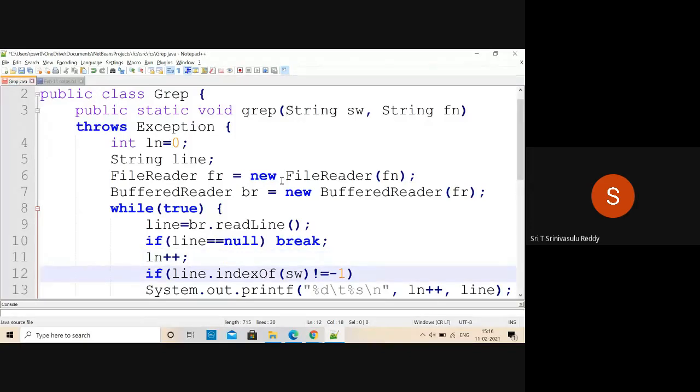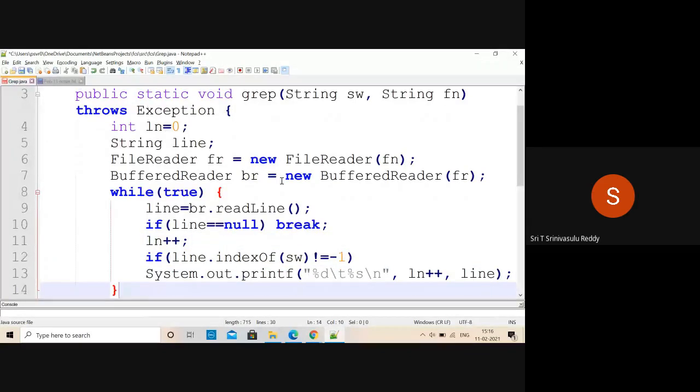And then if line dot indexOf SW is not equal to -1, then only you print it. It is a simple condition. Because it is only a single statement, you can say System.out.printf with the format. The line number should not be increased again here. It should only print the ln value and then the line.